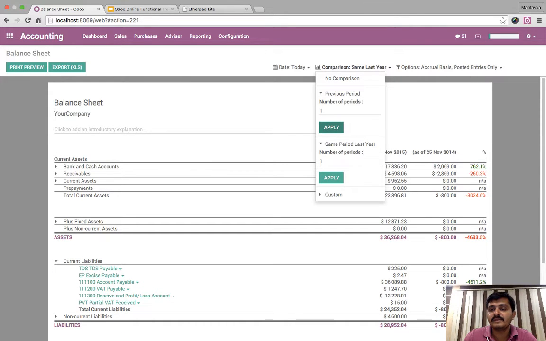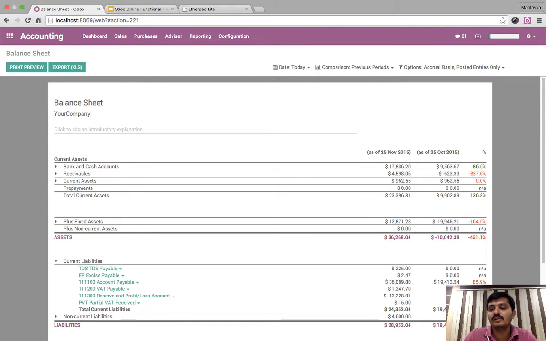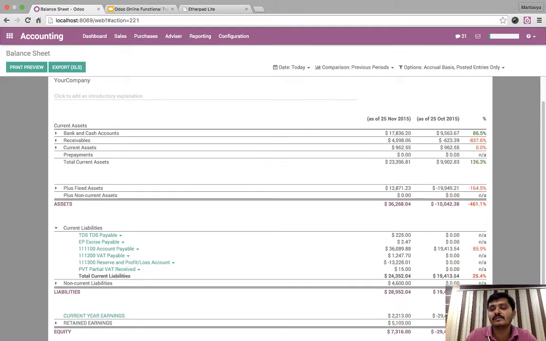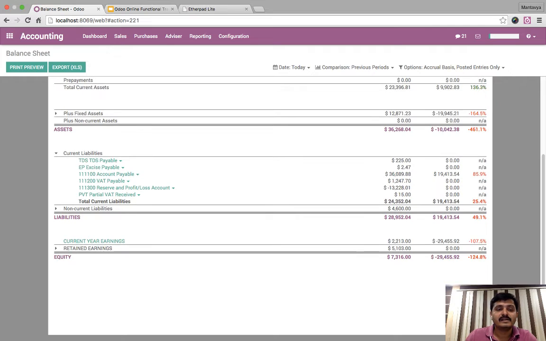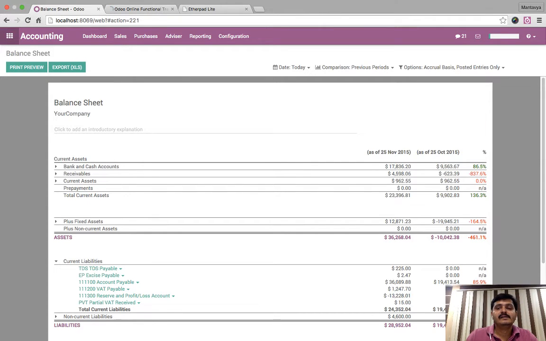Then you can even choose a past period, like October and November, just two different ones. So you can see that previously our asset was 10,000, now the asset is 36,000. It means that we purchased a lot of assets in the current period. Then liability also increased because we maybe collected a lot of tax, and yes, because I did one entry which is this one, carry forward the profit, earning of the previous month and the current one. So this is how you can do a detailed comparison on I think almost all the reports: P&L, balance sheet,